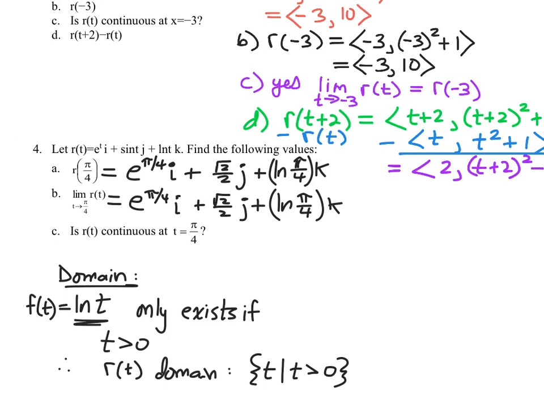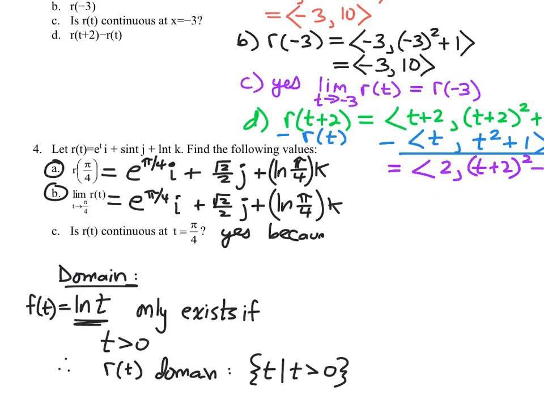All right, so for part C, when it's asking if it's continuous at pi over 4, well, the only place that we would have had trouble is if t were 0 or less. Pi over 4 is not one of those values where we would have trouble. So we could say it's continuous, but based on the process for continuity, you're looking to show that the function exists at the point and that the limit exists at the point in such a way that the limit is the same as what the function is at that point. Bottom line is A and B have to be equal to each other, these two answers. All right, and they are. So yes,